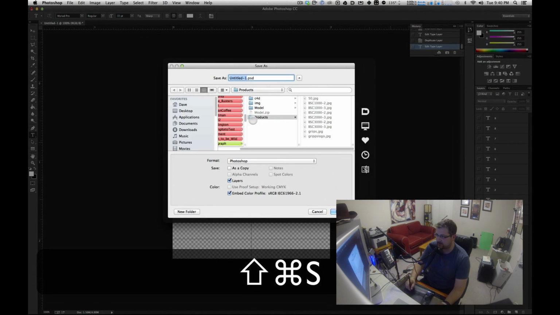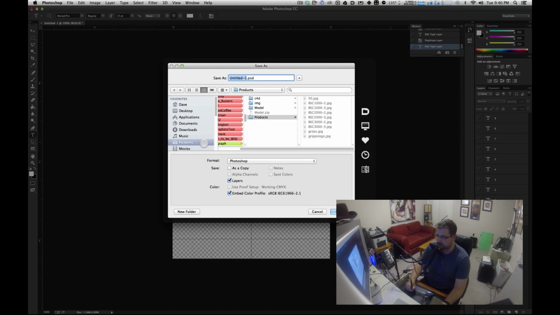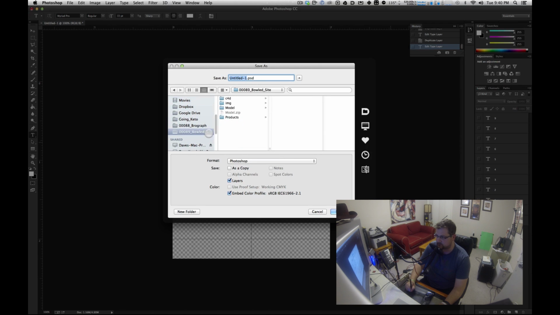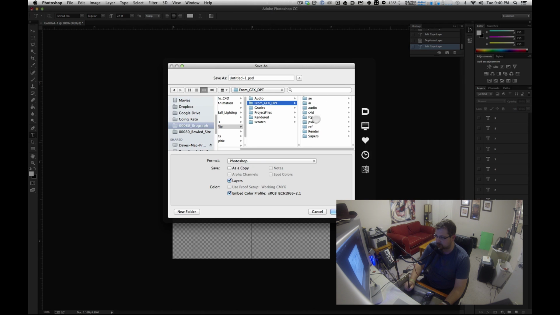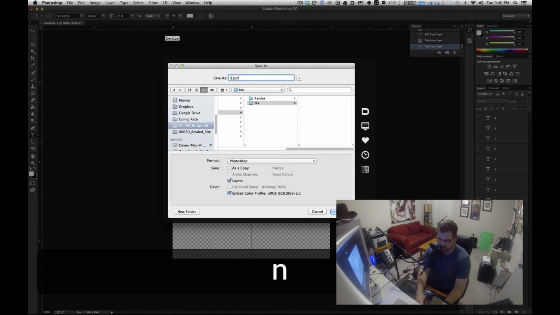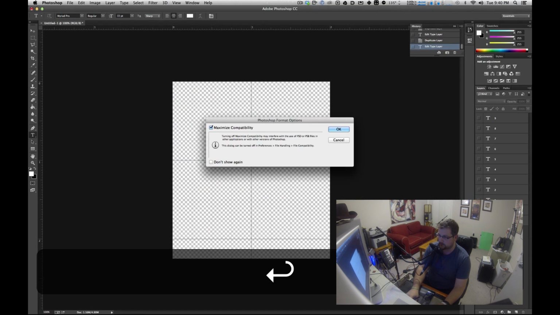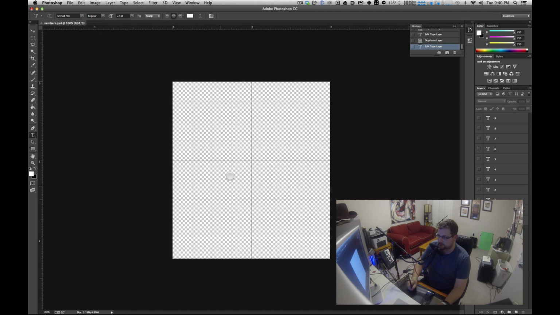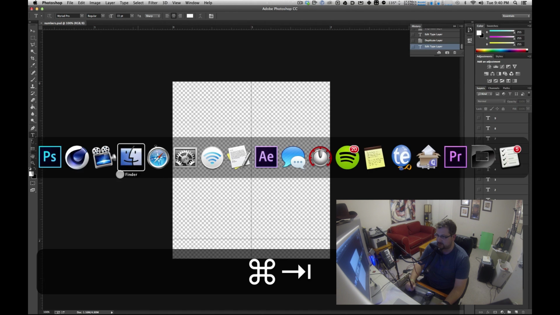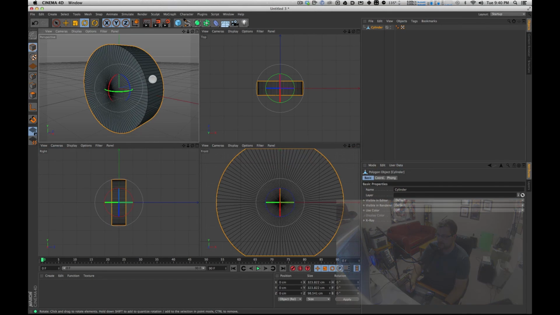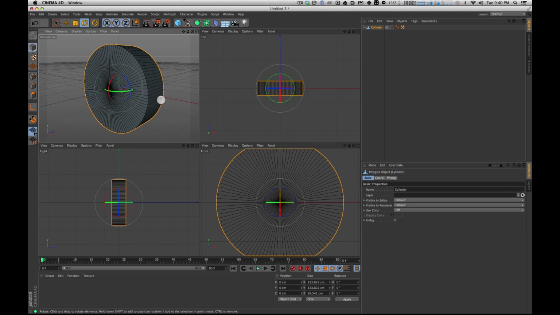I'm going to save as, and I'm going to put this into my project, in my graphics project, Cinema 4D, in the textures folder. I'm going to call this numbers. And my layers are saved. And now I'm going to go back into Cinema 4D. Now we've got this segmented into 100. So the next step